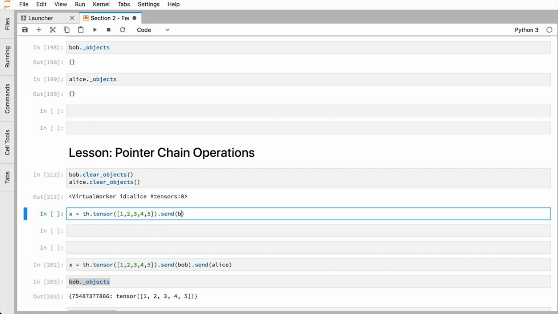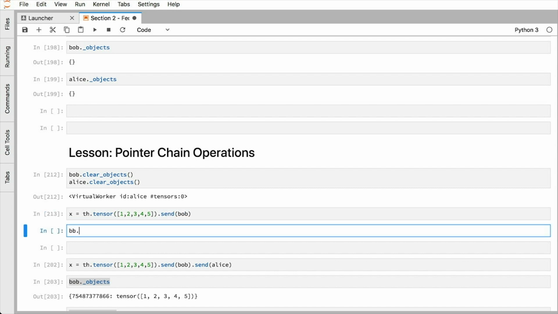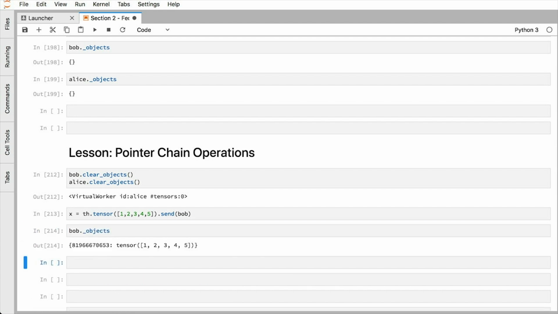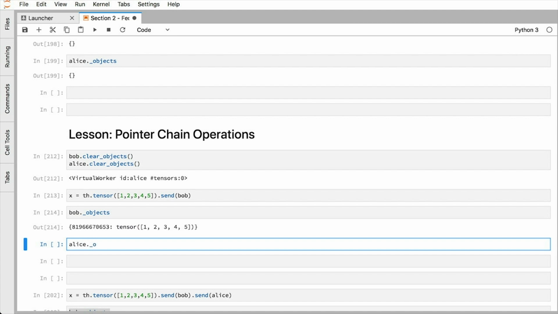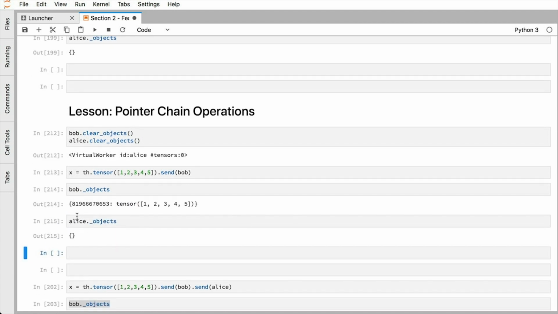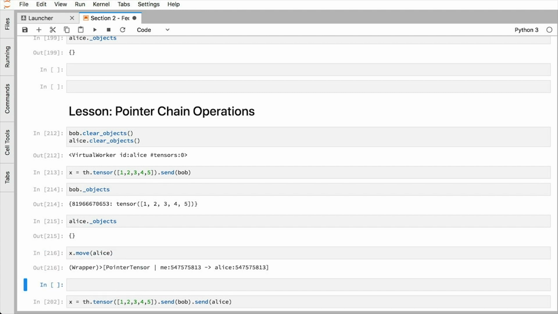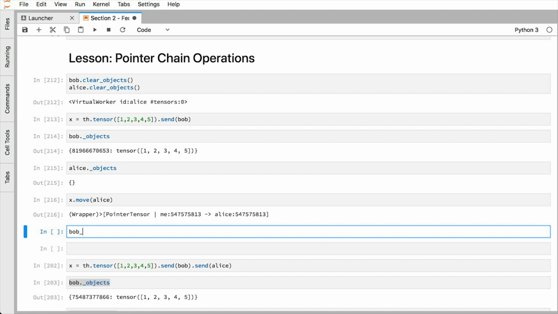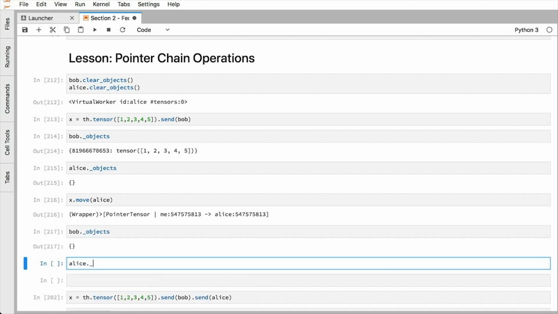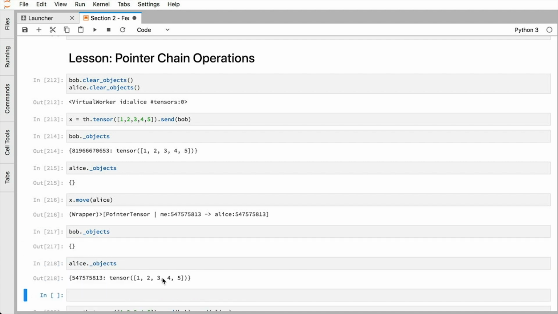So we're going to send this to Bob. As you can see, Alice does not have anything yet. X.move Alice. And now Bob does not have anything, and Alice does, right? So we were able to orchestrate this movement of data directly from one worker to another